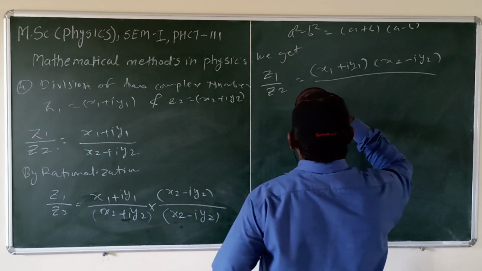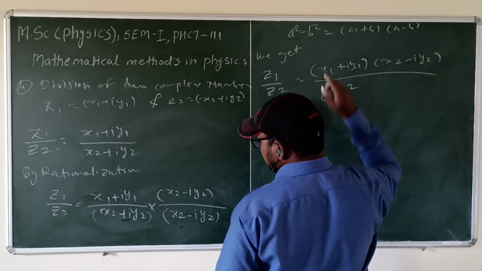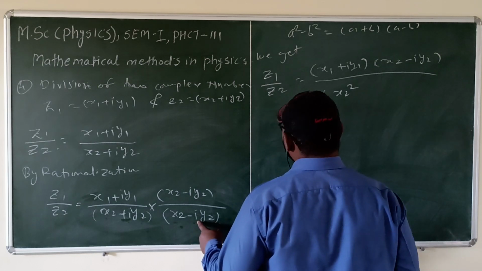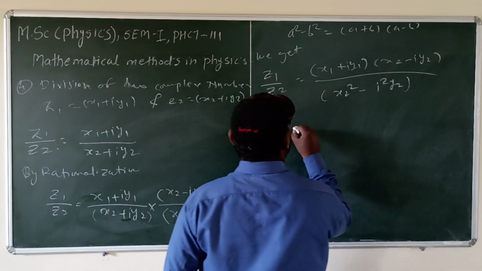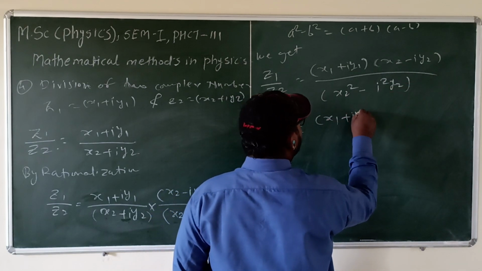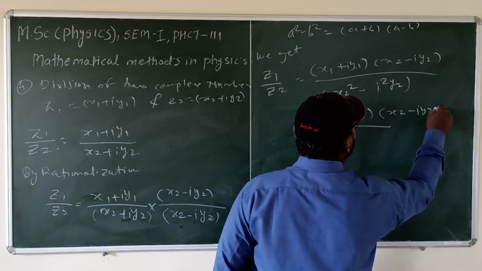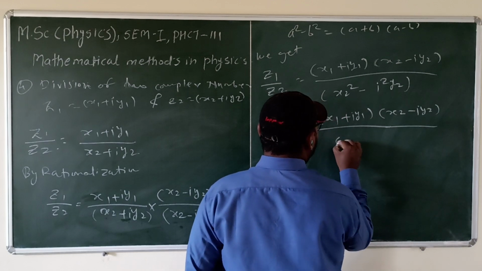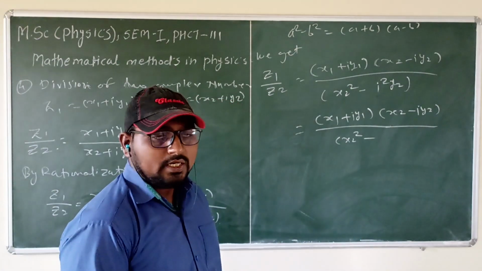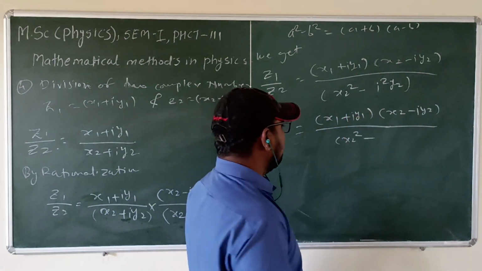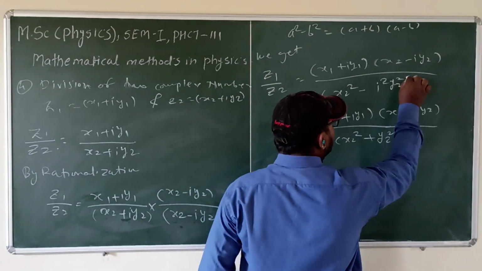becomes, from these relations, a square, like x2 square, minus b square. Minus b square is what? Minus of this square. So this will come minus, this means i square y2 square. So the next bracket will be x1 plus i y1 upon the next bracket x2 minus i y2. This will come as x2 square. This i square has value minus 1, right? So this is minus 1 and this minus sign will become plus. So finally we get y2 square.